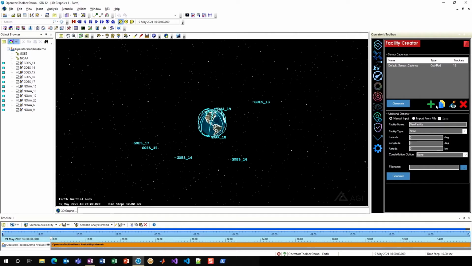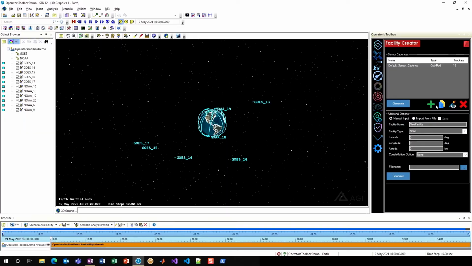and constellations of sensors on those facilities that are commonly used within your workflows. So if you always find yourself defining the same set of SSN sites or the same set of facilities that are used for your mission, for example, this is an easy way to reduce time in that workflow and always have all of those facilities available to you with a few button clicks rather than having to redefine them with each scenario you go through or trying to load some scenario and edit it each time you want to have